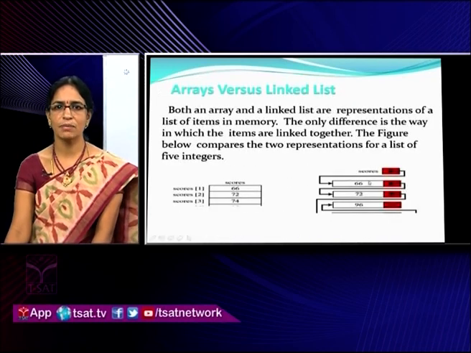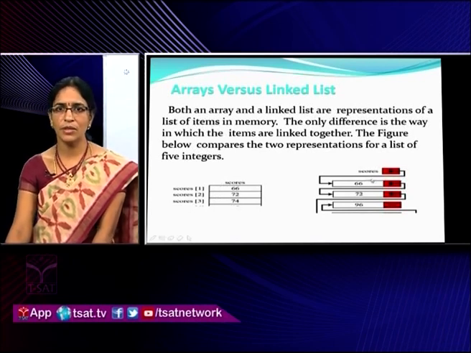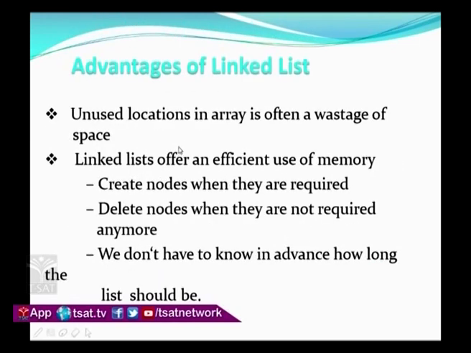So what is the difference here? In an array, data is stored in a specified location, whereas in this linked list concept, the first element is linked with the next one. So the first element gives the information as well as the address of the next element, where that is stored, or the next node.